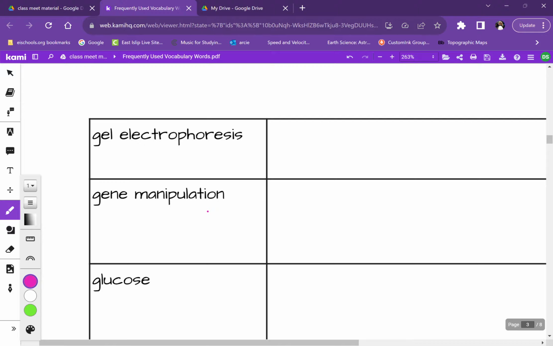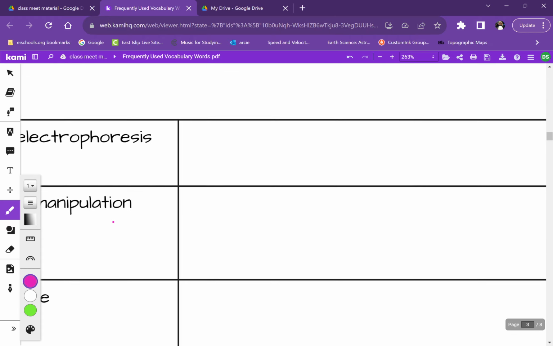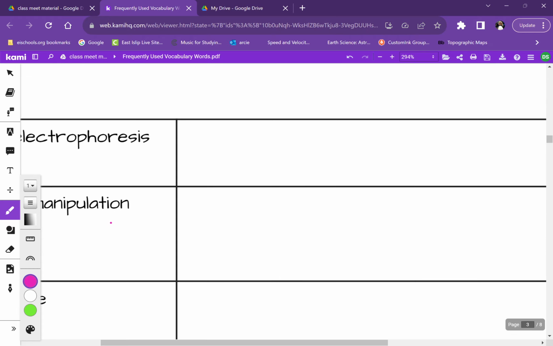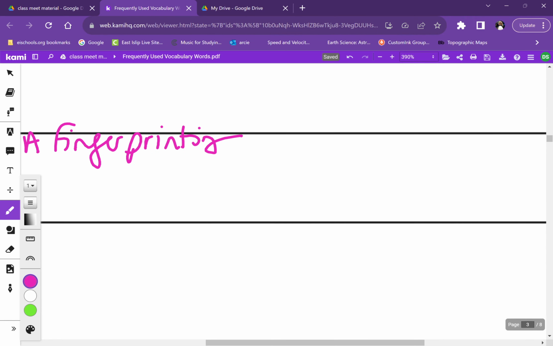This is going to be the third page of vocabulary words. Let's start off with gel electrophoresis. Another way to say this is DNA fingerprinting. Now this is going to be sorting DNA